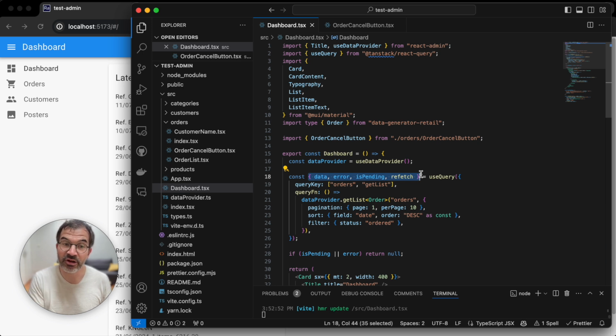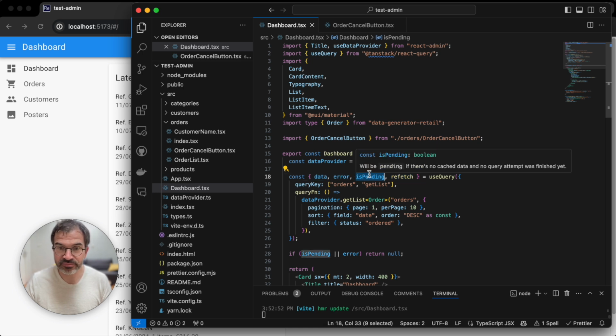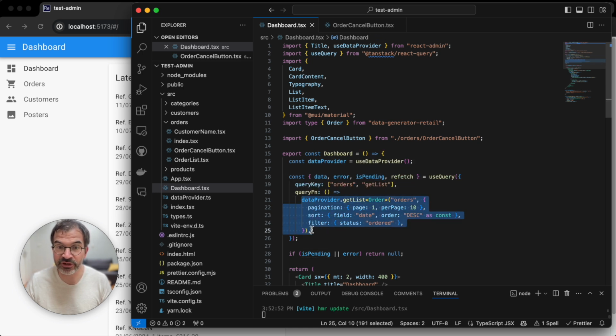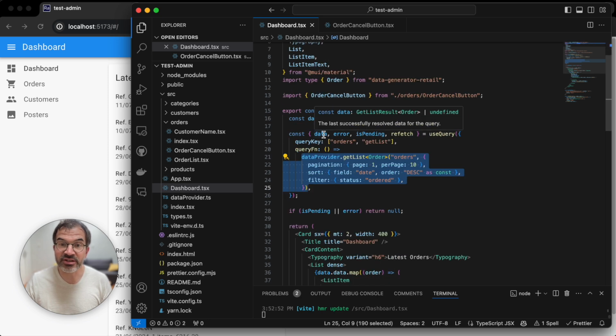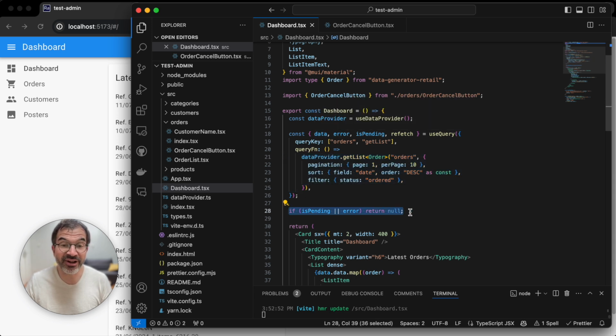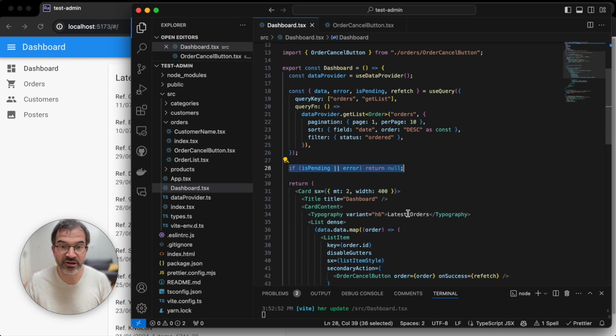It returns either a data or an error, or if it's pending, isPending. And the query function here is dataProvider.getList with the usual getList parameters: pagination, sort, and filter. So the result is the getList result or undefined if it's pending or if there's an error. If I check if it's a valid response, then TypeScript knows that data at that time is defined. It's the getList result, and getList returns an object with a data and a total element, so I can get